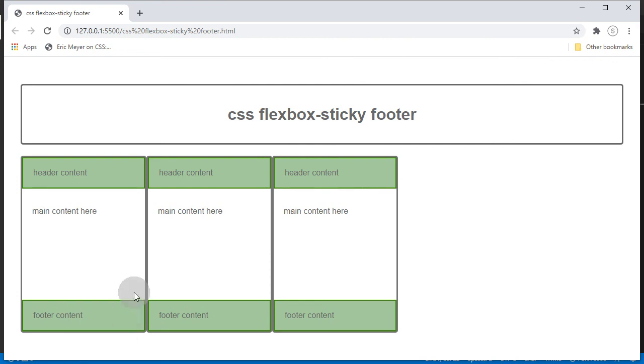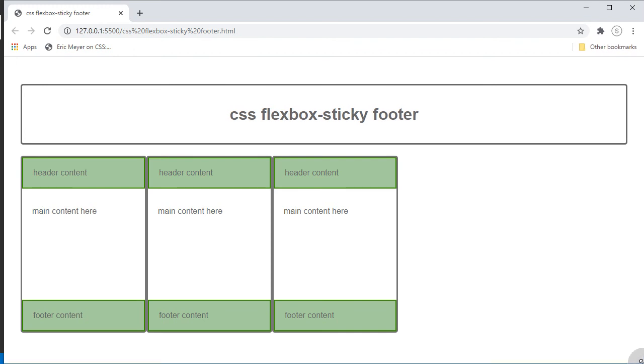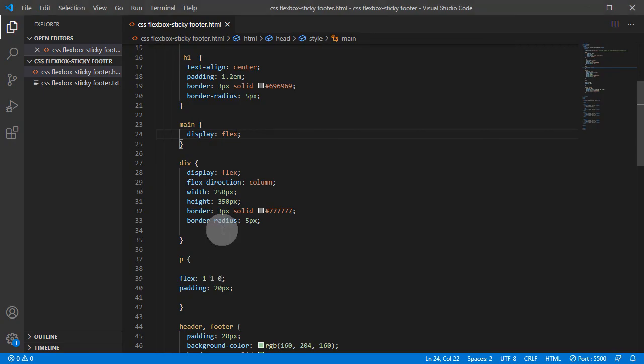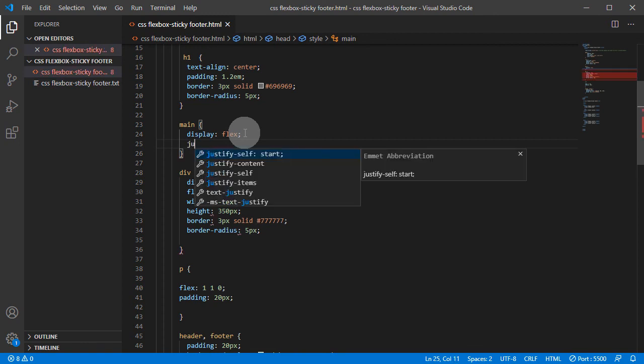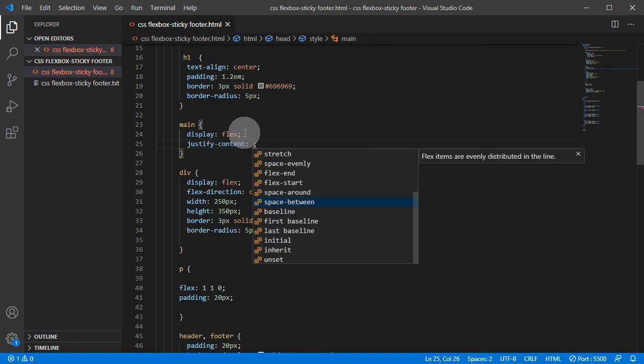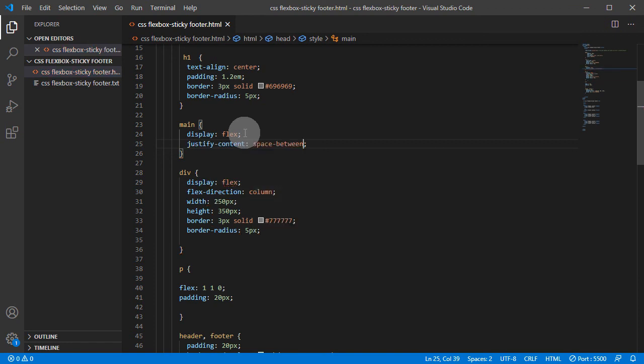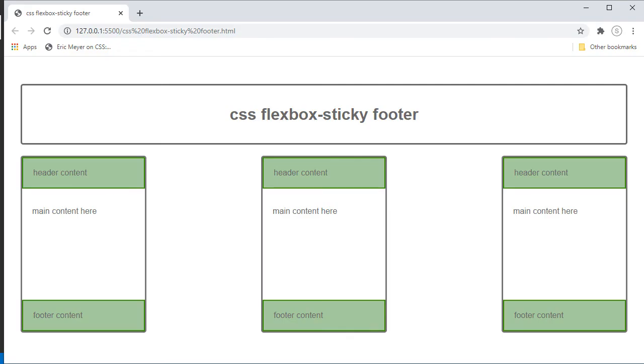And of course you might need to add some space between these three items. To add space, we can target flex items as a group. So it's gonna be justify content space between. Okay,